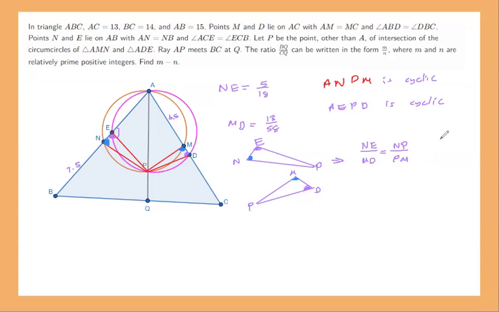So this is equal, right? And we know that NE was 5/18 and MD was 13/58. So this fraction is equal to 5/18 times 58/13. If you simplify by 2, you will get